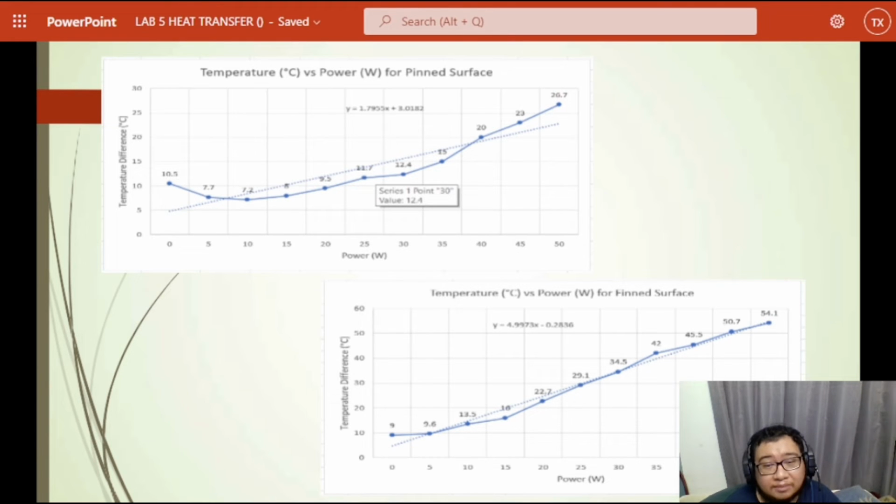1.7955 x plus 3.0182. So, as for the fin surface, as power increases, the temperature difference also increases and it reaches 54.1 degrees Celsius at 50 watt. And the gradient for fin surface is 4.9973 x minus